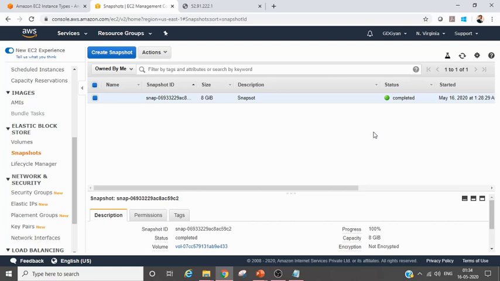One, can we copy one EBS volume to another region? Yes, we can. For that we have to take a snapshot, then copy to a region. Can we encrypt an EBS snapshot which is non-encrypted during creation? Yes, we can. We just take a snap and then copy, and when copying we have the encryption option.